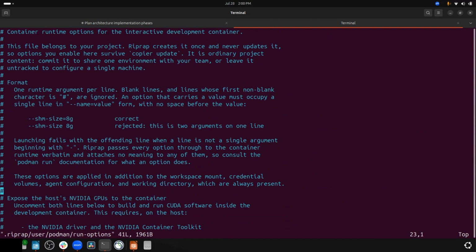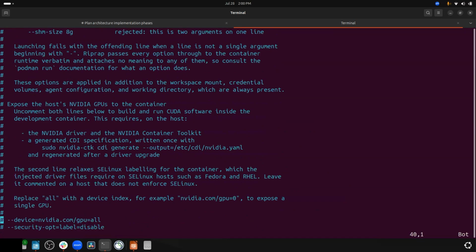So it includes things like -it that Sam showed you earlier, so you run in an interactive terminal session. This file allows you to say, I want to supply additional command line options to Podman when it launches this